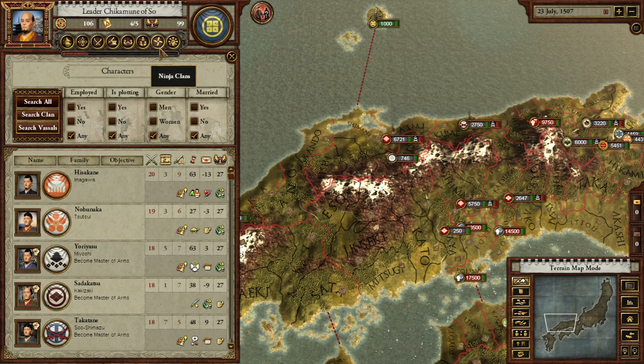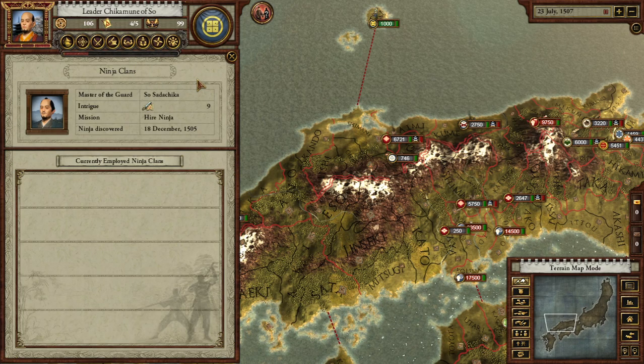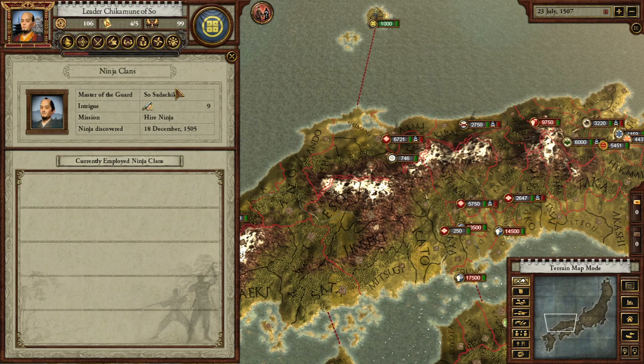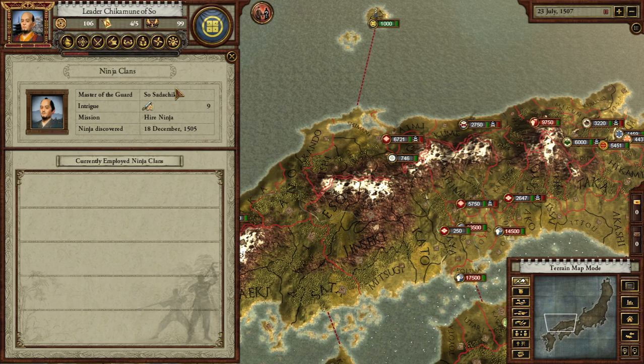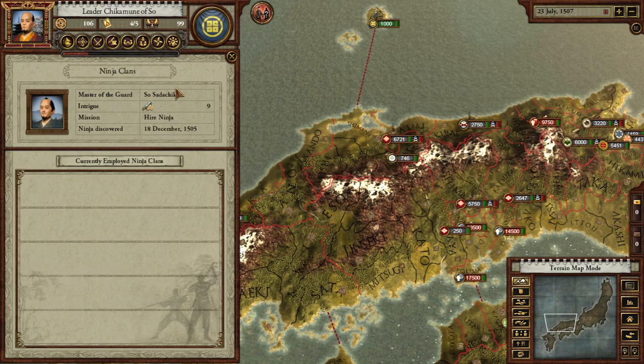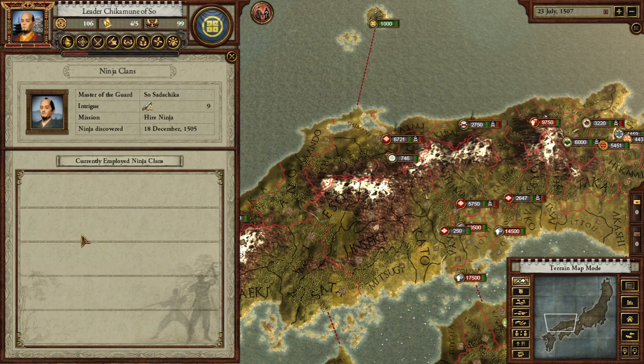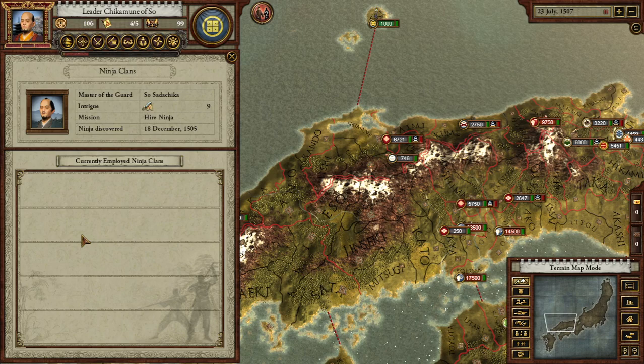Then we have the ninja clans, or shinobis. Shinobis are the responsibility of the Master of the Guard. The Master of the Guard is a guy that you're going to send out into every province to find ninjas and hire them to work for you. Right now I don't have any ninjas here that I can show you what they can do, but you can tell them to do several things, such as capturing a hostage from another clan leader,